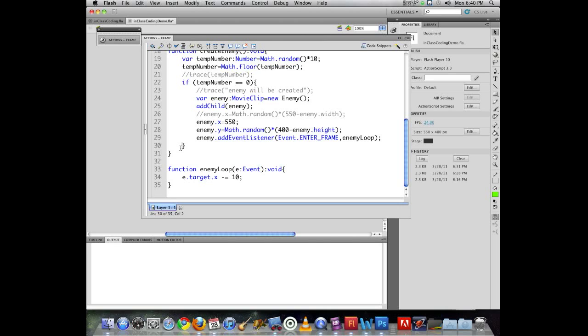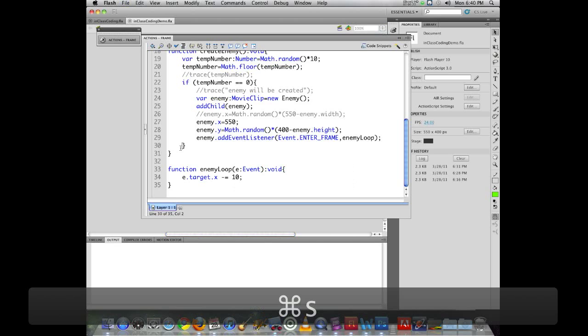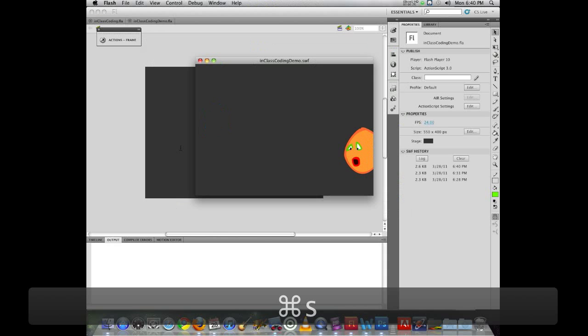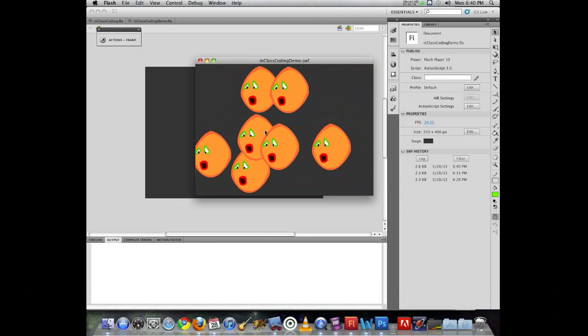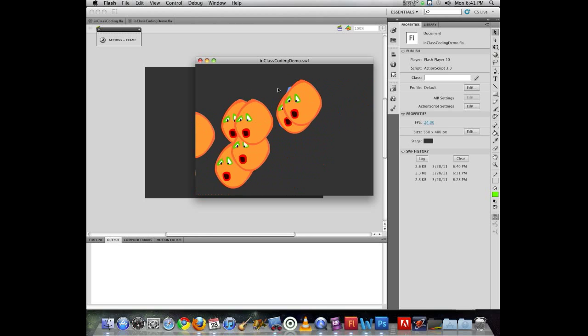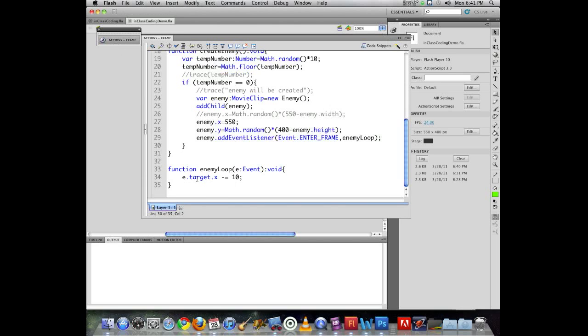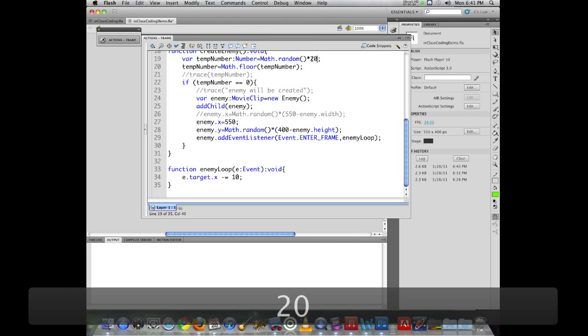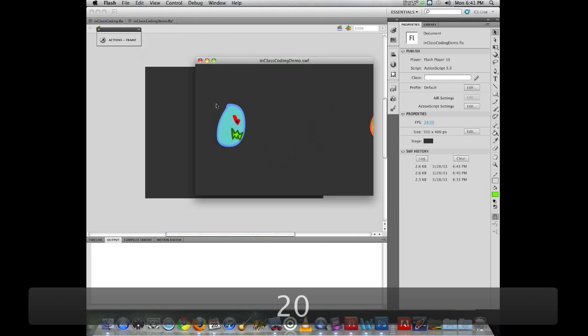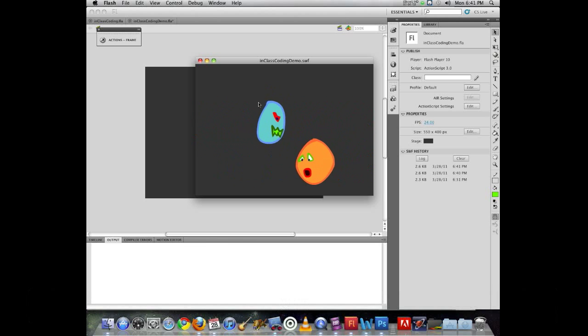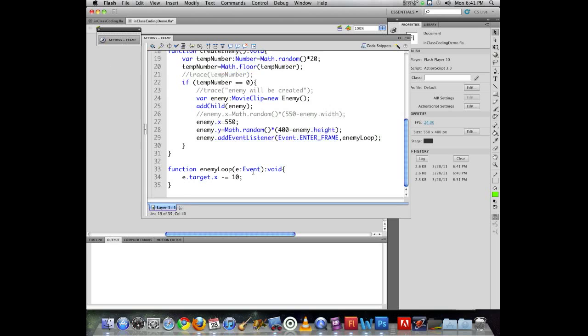So now hopefully I've got rid of my double negatives in my code, my double errors, and if I'm lucky, I'm going to save first. Save often, Flash will crash on you. And we can see that they, oh yeah, and I forgot to change my random, so they spawn very frequently. And we can see that they're all moving independently like that. So that works out pretty well. Might want to modify this up to a slightly bigger number, maybe 20. That's a little healthier. So we get the oranges attacking the blues. So that's a good